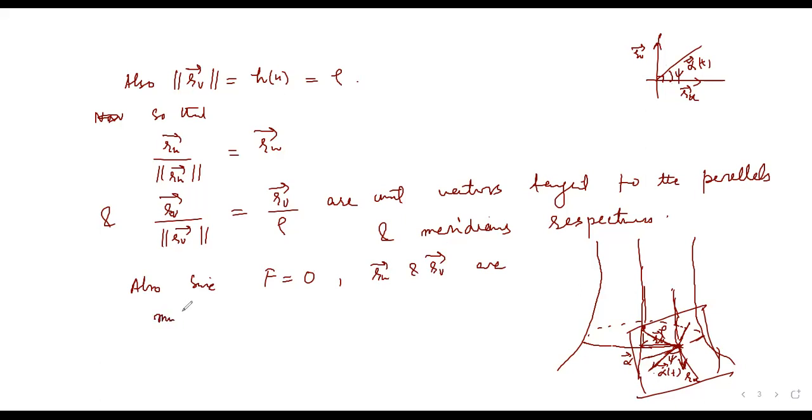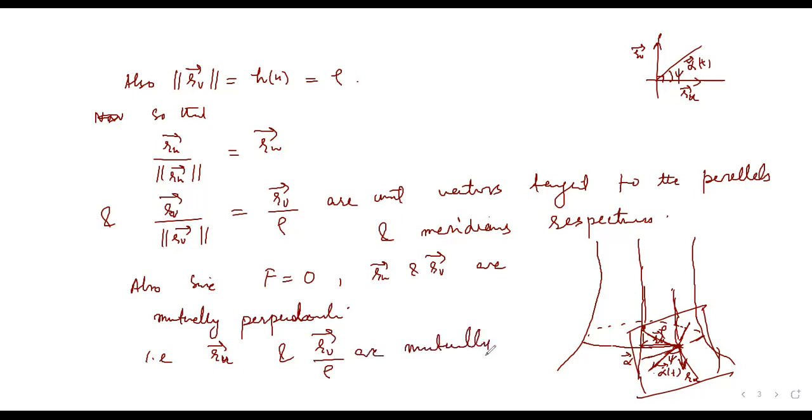They are mutually perpendicular, which implies that I have got ru and rv by rho are mutually perpendicular unit vectors. इनकी length 1 है,